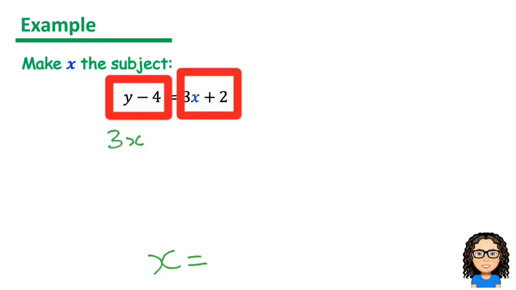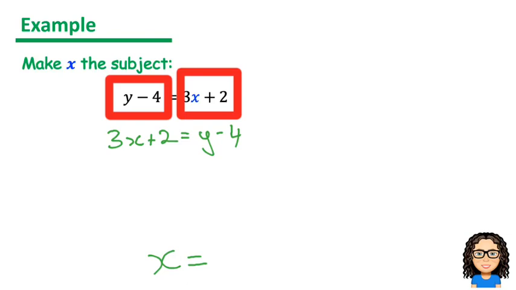So I'm going to get 3x plus 2 equals y take away 4. If this equals that, then that equals this. So I'm not changing anything. I'm just flipping it around to make it easier for myself. The next step is I want to get